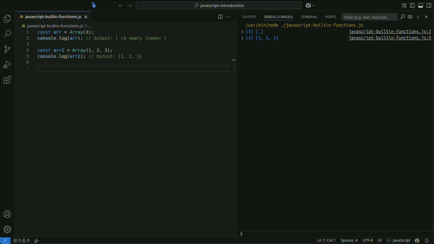Array is a constructor used to create new arrays. If there is one argument, it is treated as the length of the array, and an empty array is created. If there are multiple arguments, an array with those values as its elements is created.